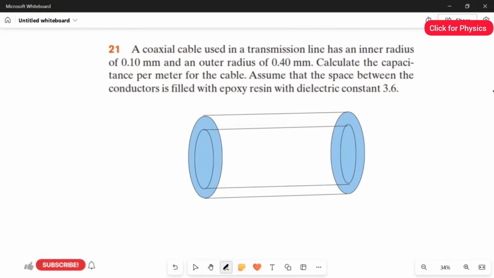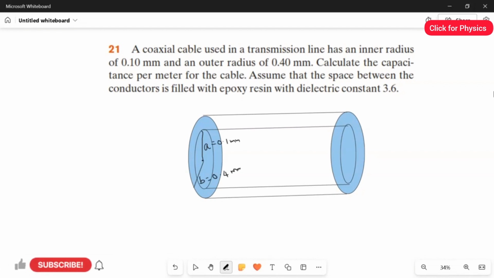So they mentioned the cable is a coaxial cable. That means this cable has two radii, a wire inside a wire. They clearly mentioned the inner radius takes the value of 0.1 millimeter. Let's take from the center to the inner wire, this is the inner radius, and let's call this radius A. Likewise, from the center to the outer wire, we have the outer radius, B. Here A takes the value of 0.1 millimeter, and the outer radius B is equal to